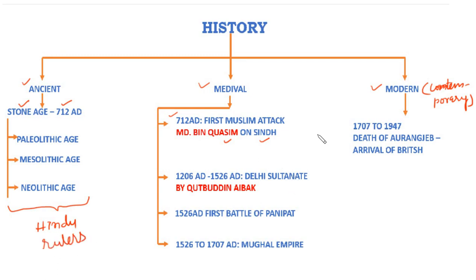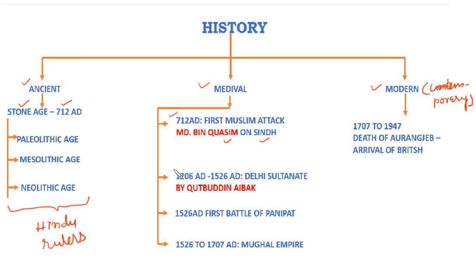After 712 AD, the first attack by bin Qasim was the start of Muslim attackers on India. They continuously attacked India. So after 712 AD, many Muslim attackers came, attacked India, and looted India, but they weren't able to make their